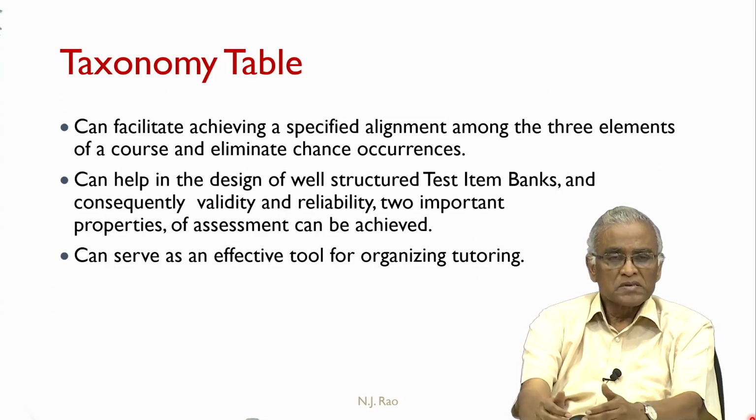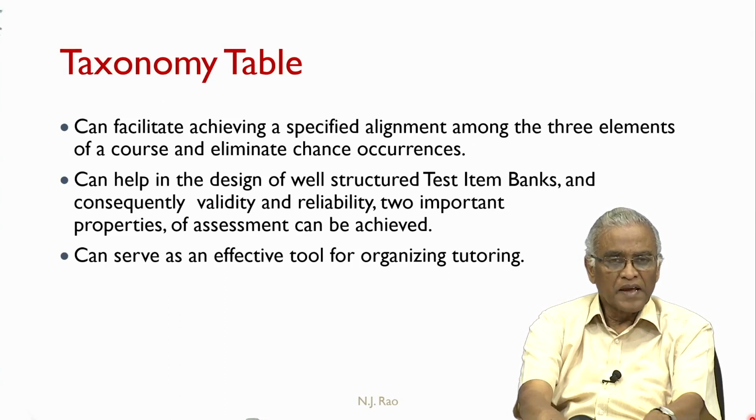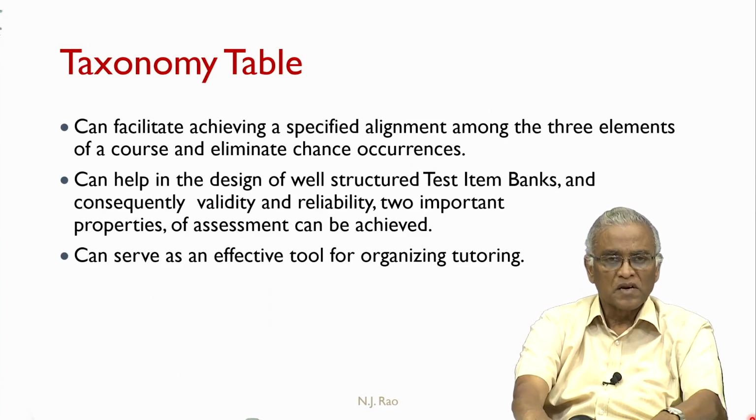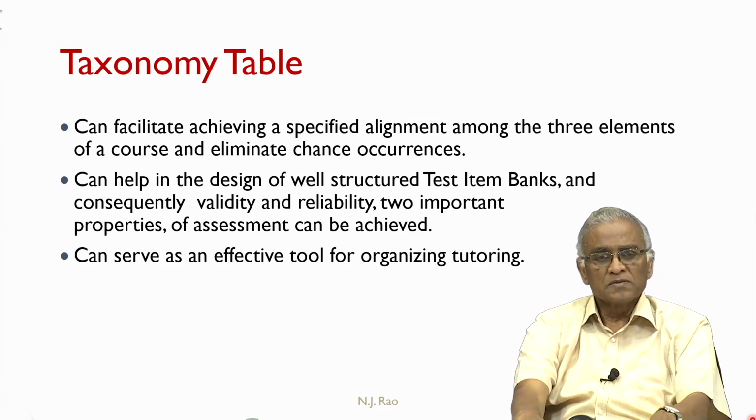But in both cases there is a possibility of chance occurrence, and in that case not achieving the right kind of alignment. So, one can make use of this taxonomy table, and we will spend more time in module